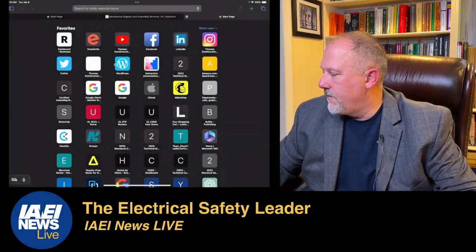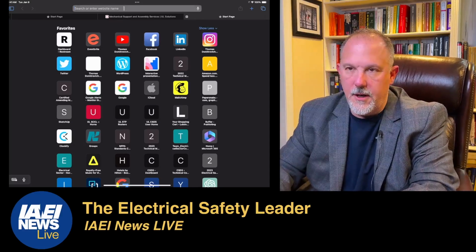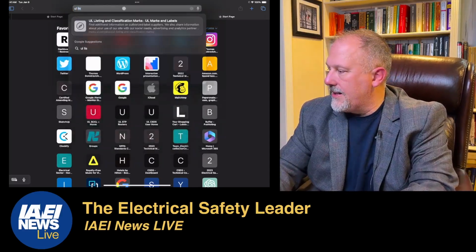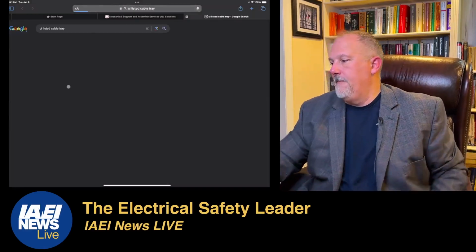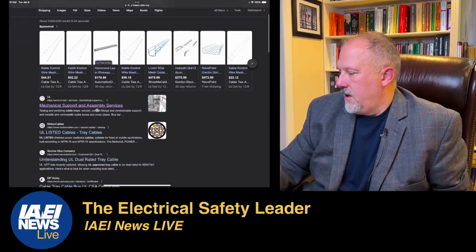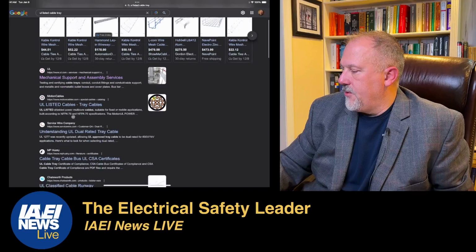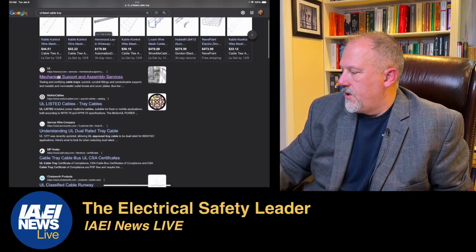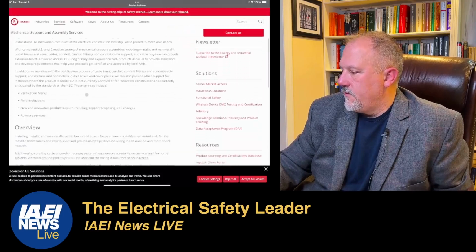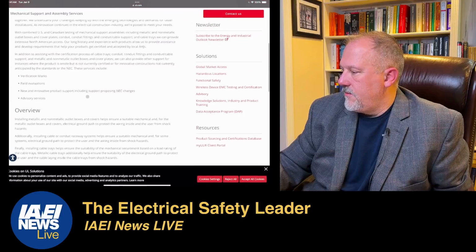All right, it's working. So I'm going to search UL listed cable tray. Mechanical supports. There's cables, tray cables. So mechanical supports. And if I scroll down,